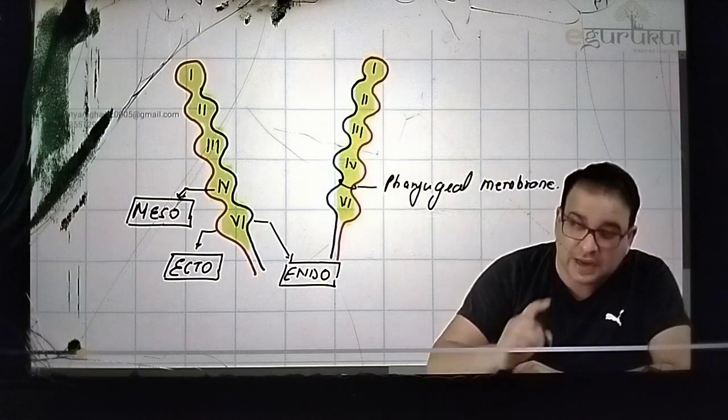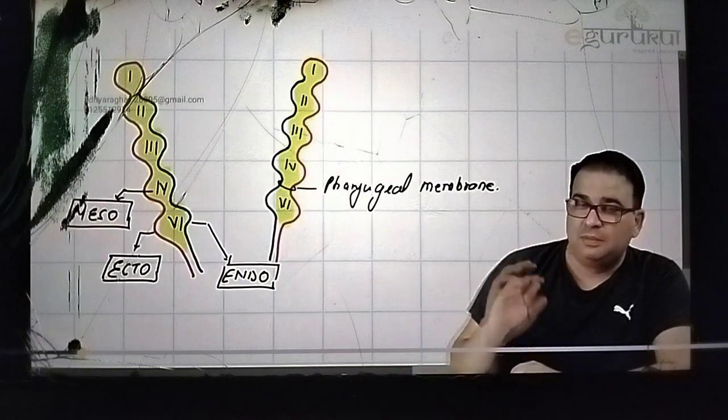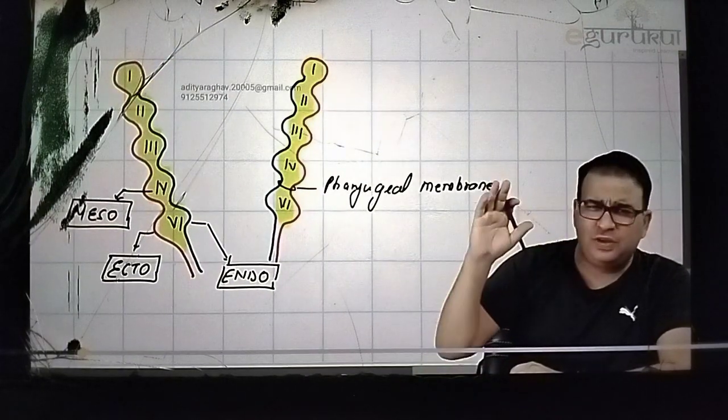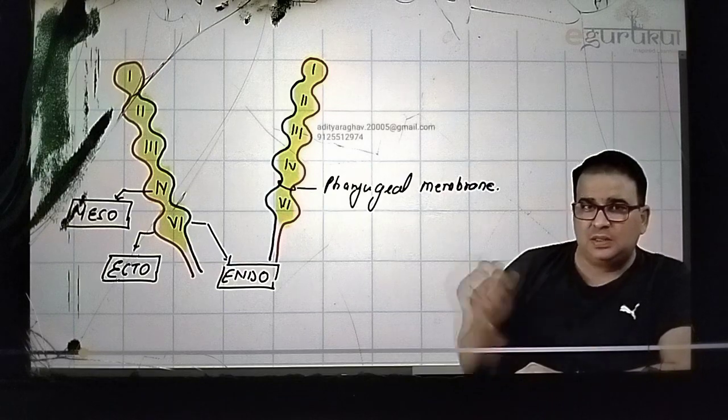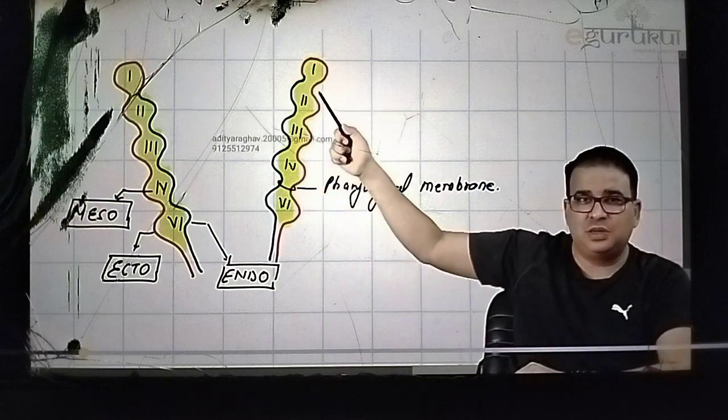See, guys, it is pharyngeal membrane. It is not buccopharyngeal membrane. Don't confuse it with that. Buccopharyngeal membrane was made up of ectoderm and endoderm. That was a different thing altogether. That was the stomatodeum, opening of mouth. Right? This is pharyngeal membrane. It is present between every pharyngeal arch here, where the ectoderm and endoderm